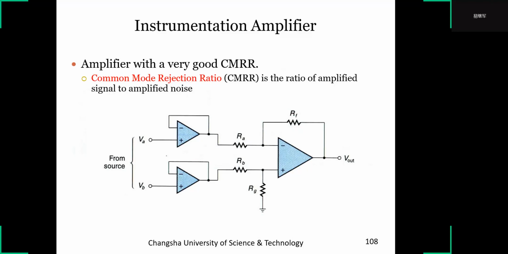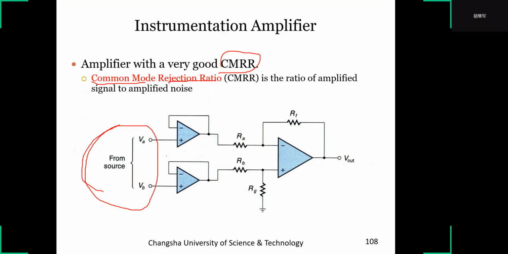This is an instrumentation amplifier. It is an amplifier with a very good CMRR, common mode rejection ratio. Common mode: the signal comes from the common terminals. We call it the common mode. Common mode rejection ratio